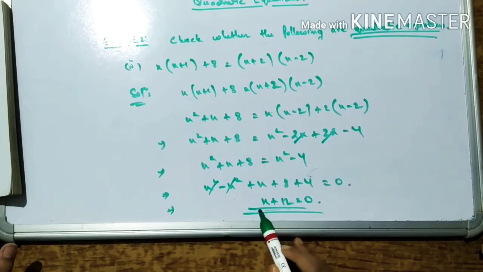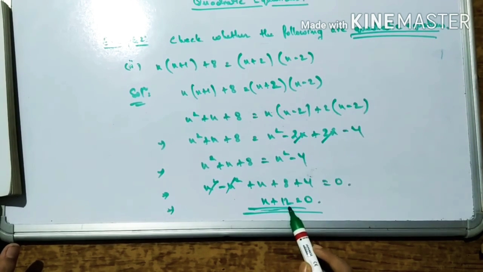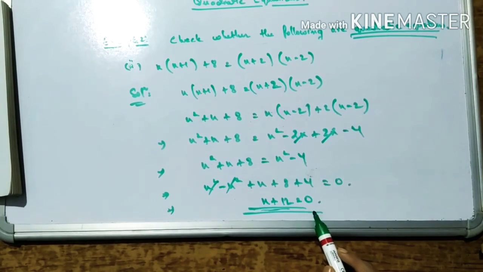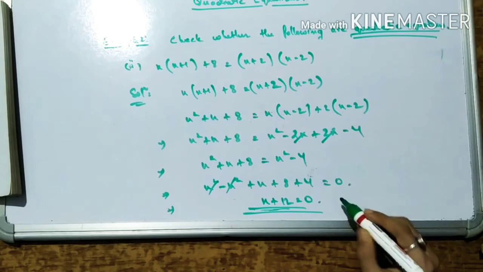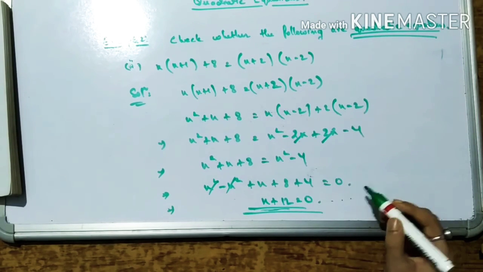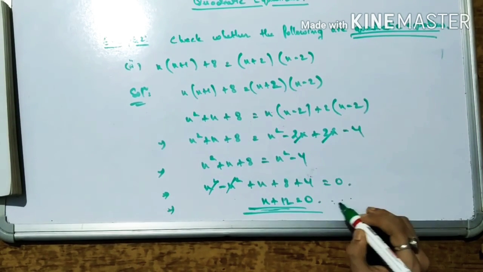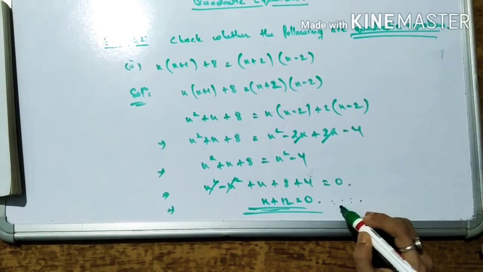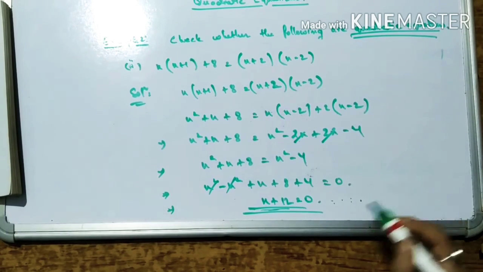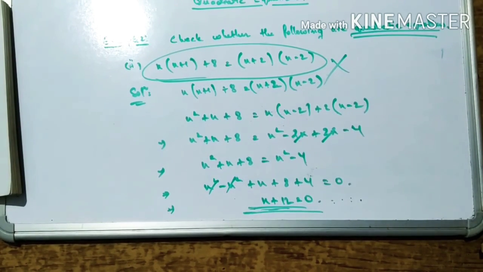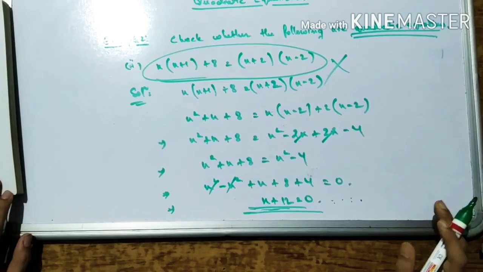Yes, the degree of the polynomial. The degree of the polynomial x plus 12 is what? The degree of the polynomial is 1. So this is not a quadratic equation. Understand? So therefore I can write that it is not of the form ax square plus bx plus c is equal to 0. In your book it is nicely given, you can look from your book. Therefore the given equation is not a quadratic equation.